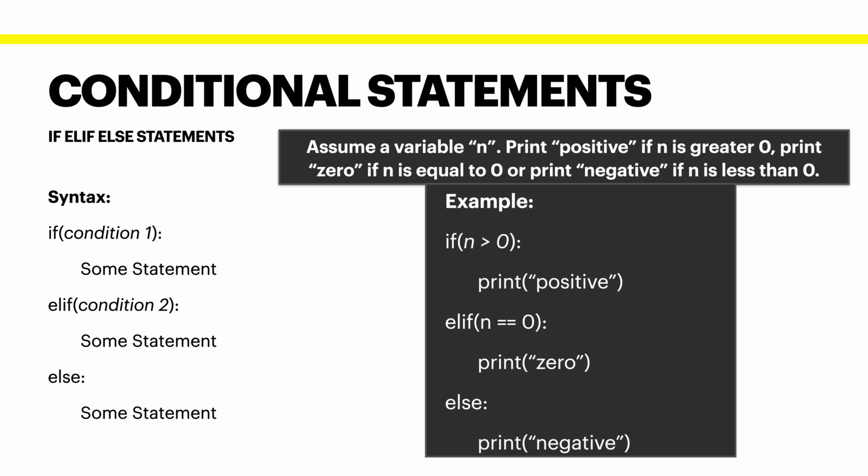Now you have to keep in mind that I have used double equal to sign to compare and not a single equal to. Single equal to is just an assignment operator, and this single equal to is used to assign values to variables. So this is how we can convert a problem into an if-elif statement. This was all about conditional statements in Python. Now let's dive deeper and learn about logic operators.